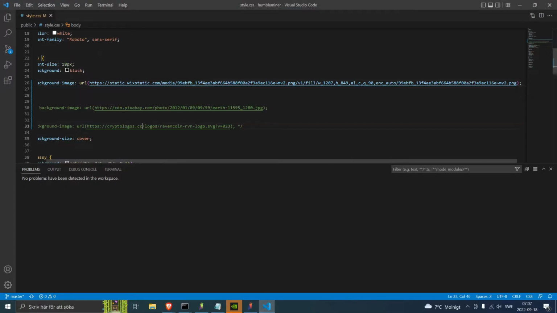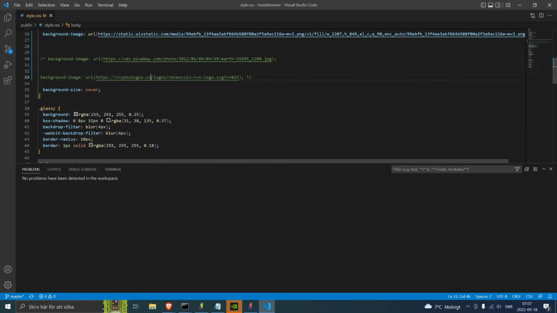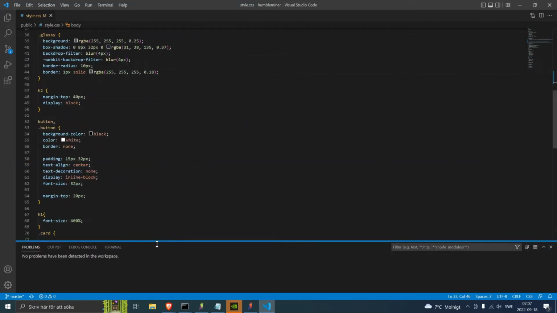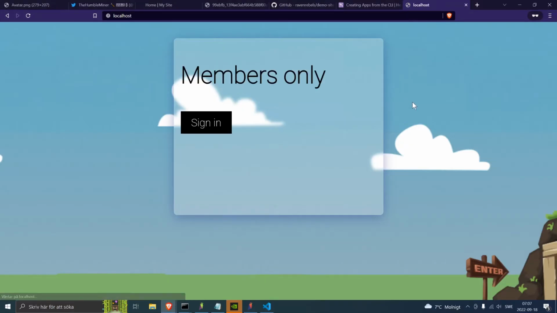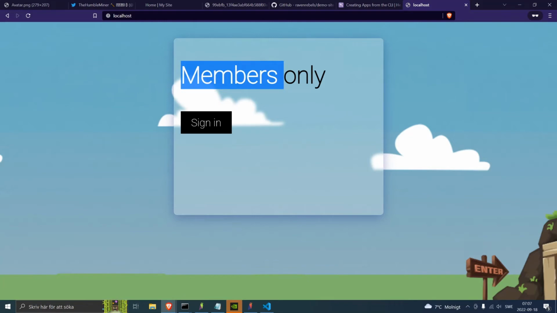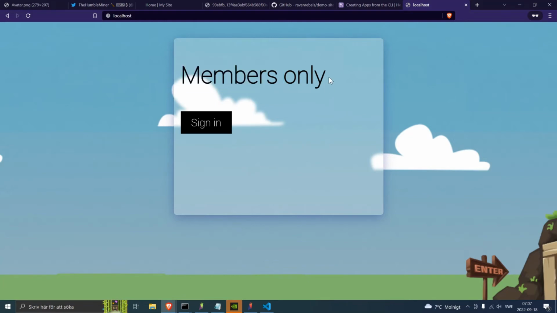So let's go into our style sheet and change the... from white to black text. So we reload the page. Lot better. Now I can see members only, sign in. Looks good, looks good. And maybe we want to have something like,